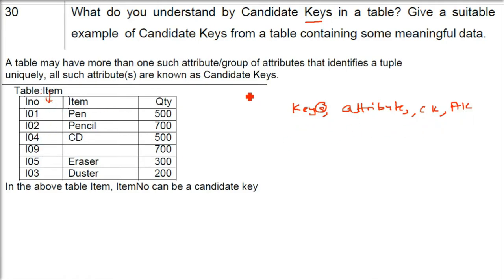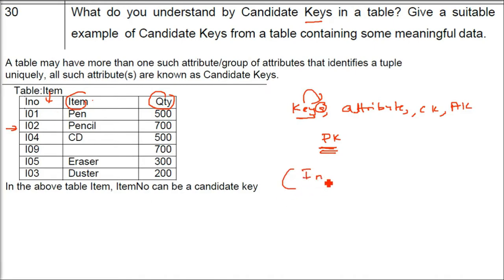So whenever we talk about all of these, it's only column, but they have some certain differentiating purpose. So what is a primary key? A primary key is a single column or a combination of columns. When we say combination of columns, it may be a number of columns. That is why it is keys. So a primary key is that particular column or combination of columns that will uniquely identify a